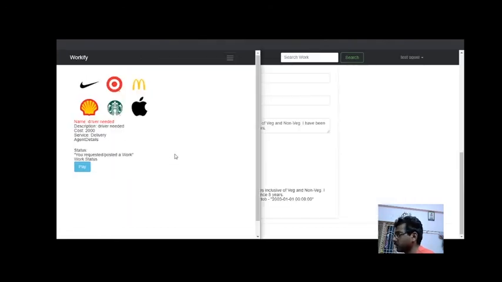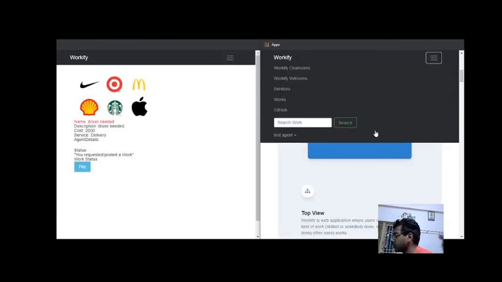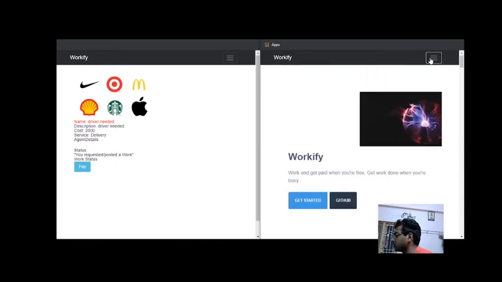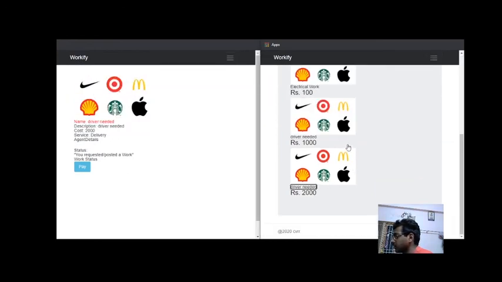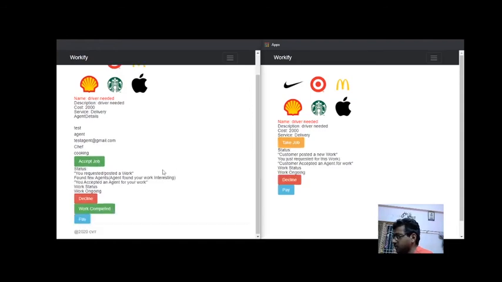This is a customer, right? And this is the agent, and this is again mobile responsive, just to show you works. This is the agent, guys. This is the agent, and this is the customer. Now let me go to this, and if I want to take the job, it pops up over here. We accept and all those things I have just explained.